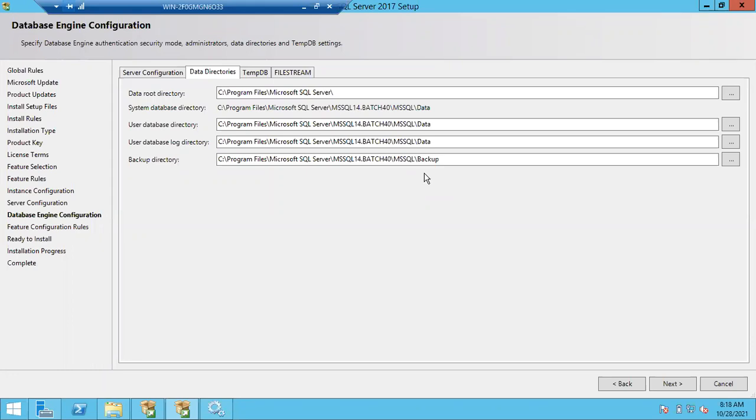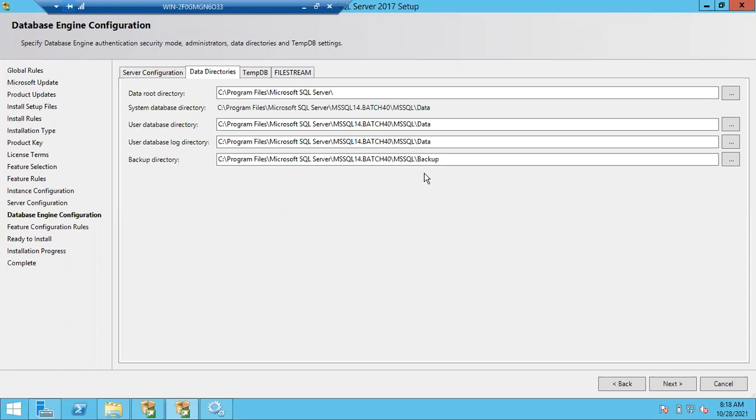Okay. So usually in the organization, we are going to maintain a lot of files: data files, log files, TempDB files, and your backup files and all. It depends upon the organization strategy. Some companies will store all the files in the same drive, D drive, E drive, F drive. Some companies will use different drives. For data files, they will maintain a separate drive. For log files, a separate drive. For TempDB files, a separate drive. For backup files, a separate drive.